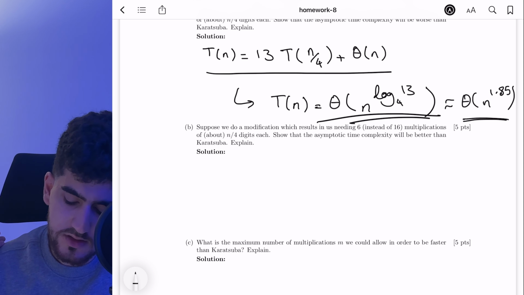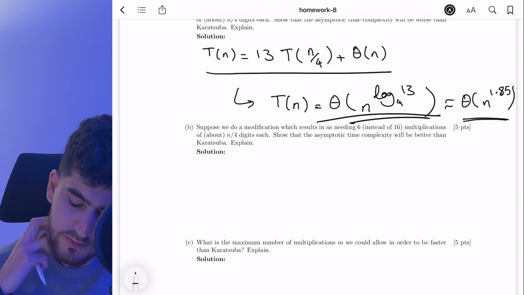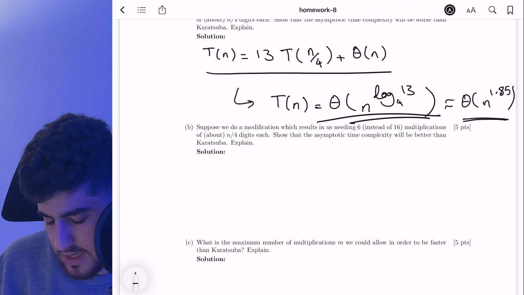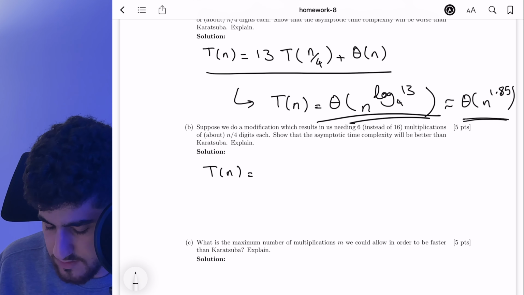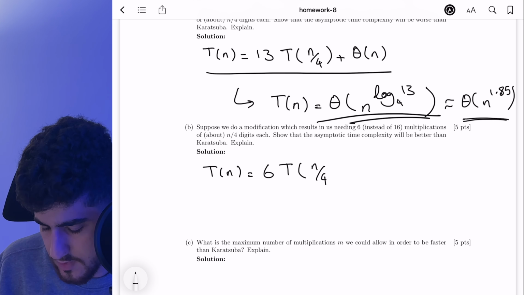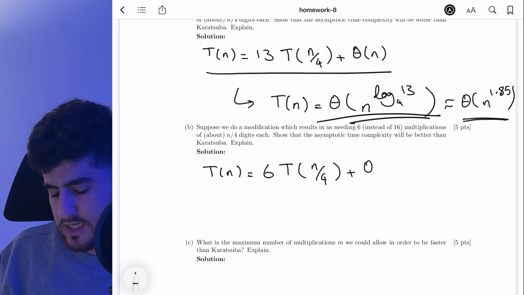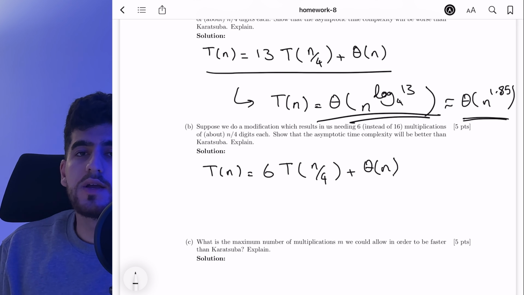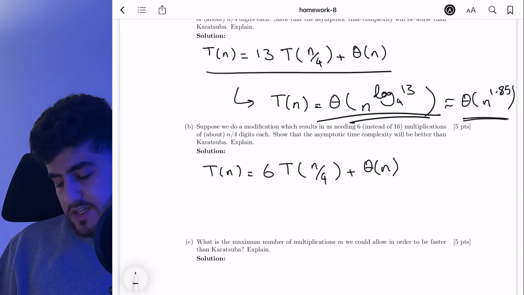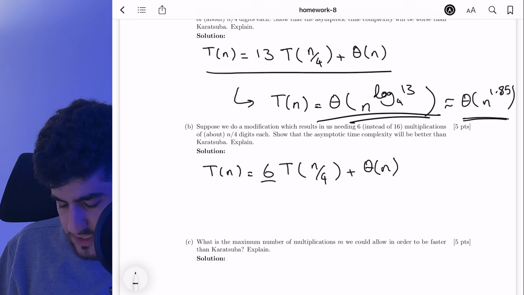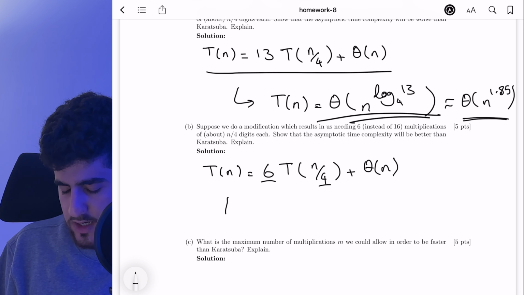Show that the asymptotic time complexity will be better than Karatsuba. Well, again, the exact same thing. T of n is going to be, this time instead of 16, we're going to have 6 times T of n over 4, again plus theta of n. Why? Because again we have some additions and shifts, and because this 6 is more than this 4, using